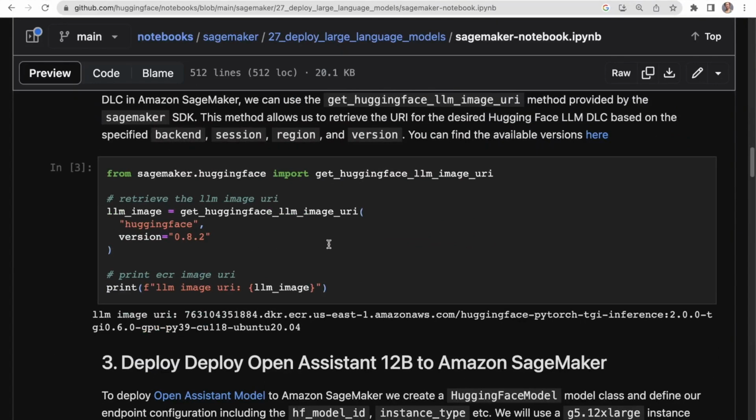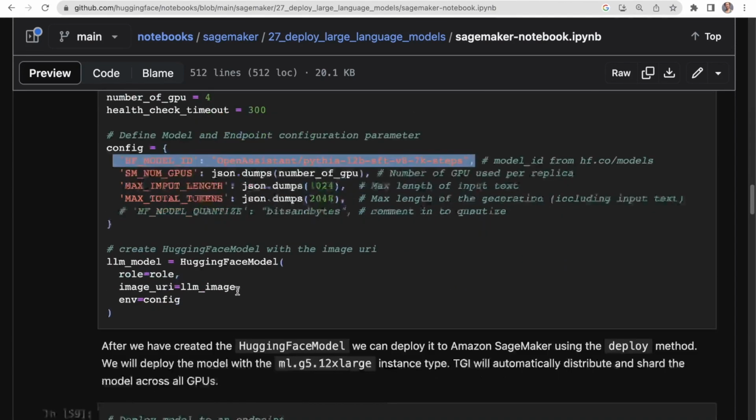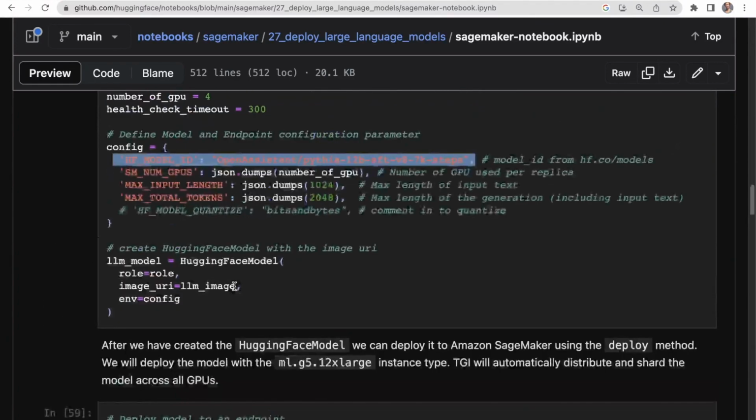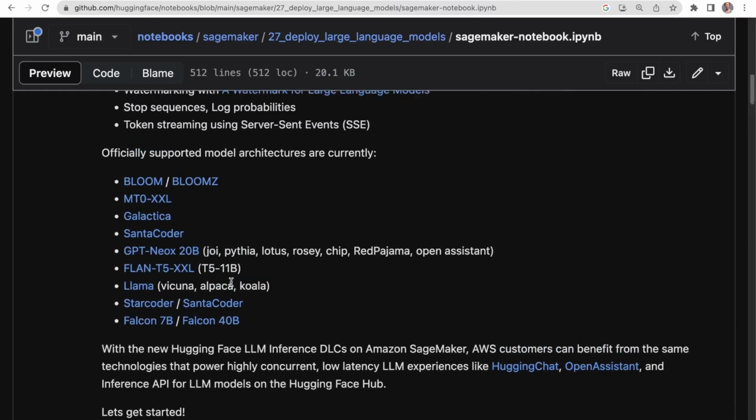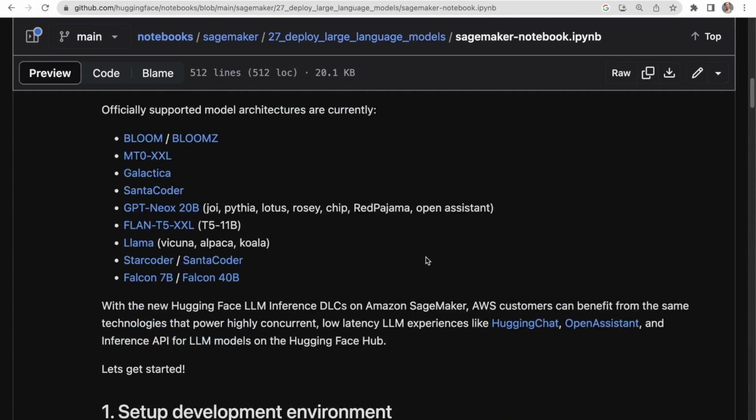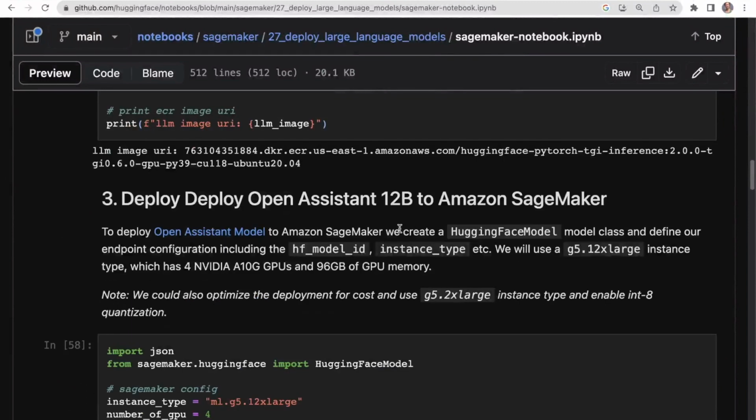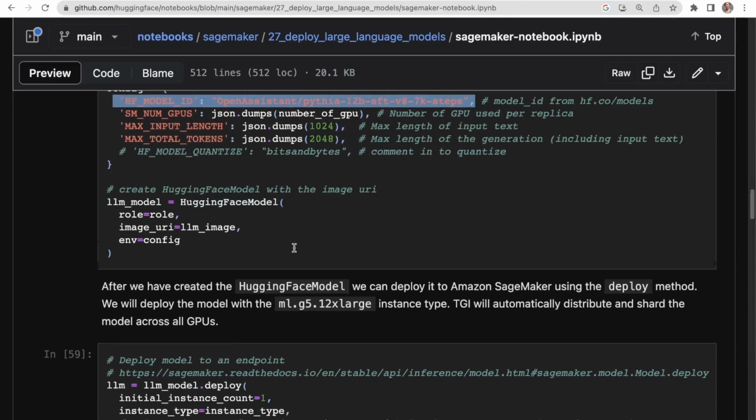So in this case, you really just send the model ID to this framework, and then it's very easy to deploy. Now this is limited to a smaller number of models, so this is supported for these various model architectures, and so if your large language model is within this list of about 10 models, then it should be quite easy because you simply point to it and then say .deploy,